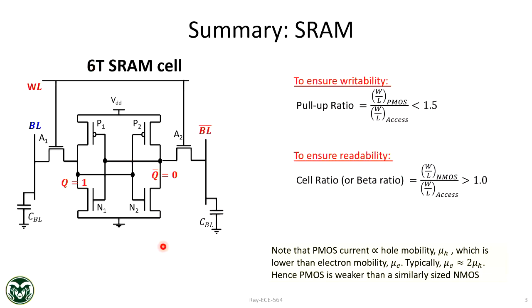So there are 3 types of transistor we talked about in the SRAM cell. One is the pull up PMOS, P1 and P2, the pull down NMOS, N1 and N2, and the access transistors A1 and A2. You turn on access transistors only to read or write. For storing, the storage element is this back-to-back inverter. P1, N1 forms one CMOS inverter, and P2, N2 forms another CMOS inverter. So they are connected in a back-to-back fashion. That means more like this. So this is the inverter, the P1, N1, and this is the other inverter,